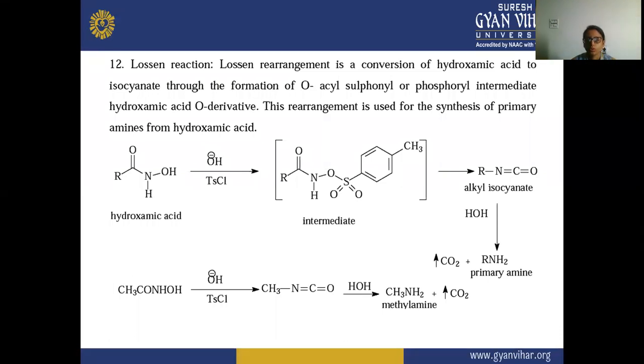There is also a formation of this O-acyl, sulfonyl or phosphoryl intermediate, the hydroxamic acid O-derivative, in this reaction, and from the hydroxamic acid, firstly there is a formation of alkyl isocyanate, and from this alkyl isocyanate there is a formation of a primary amine. So this is also a method for the preparation of the primary amine. This Lossen reaction is also a method for the preparation of the primary amine. Next is your